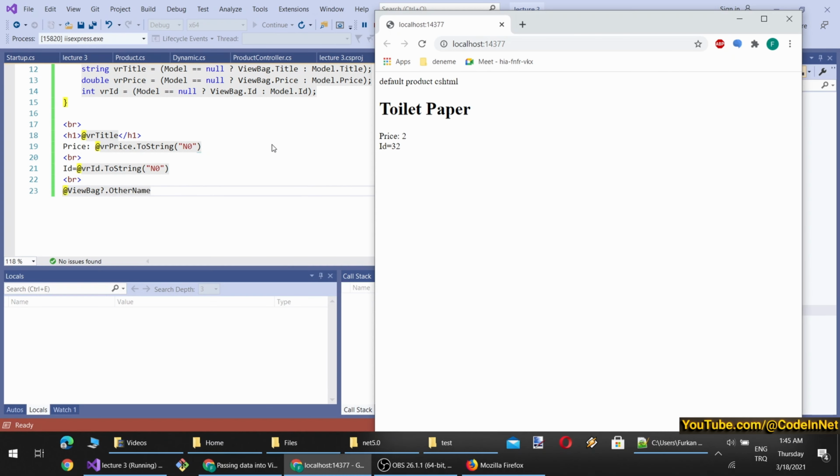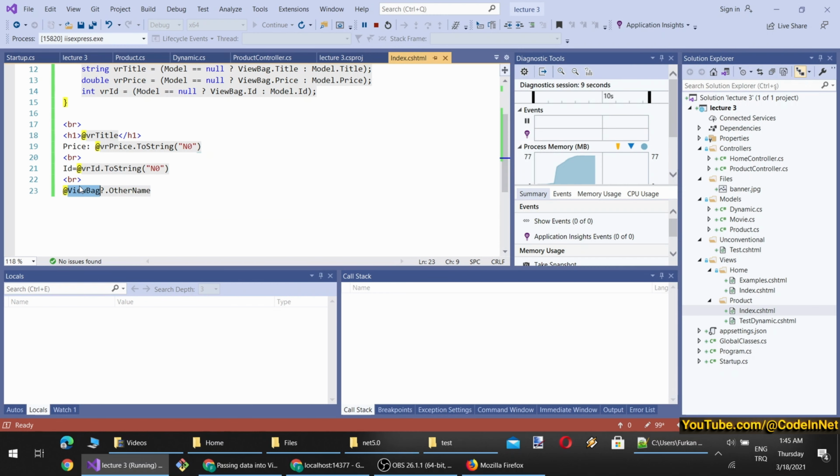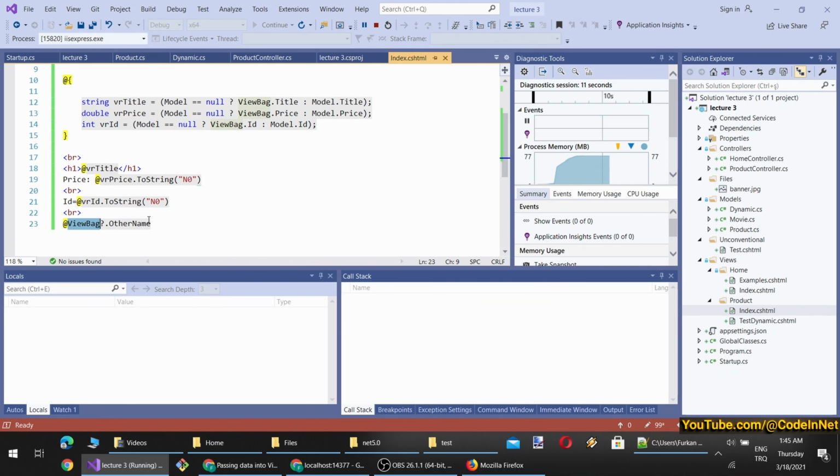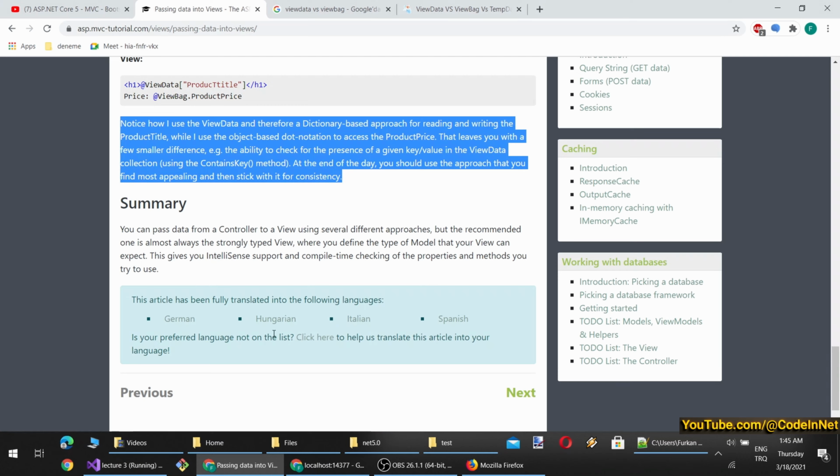Now let's try that. Okay, so you see ViewBag has an advantage. Why? Because we are able to do a key check much more easily. However, with ViewData, we have to check whether it contains that key or not, which increases the amount of code we have to write, but we can check ViewBag fields like this easily. So this is an advantage.